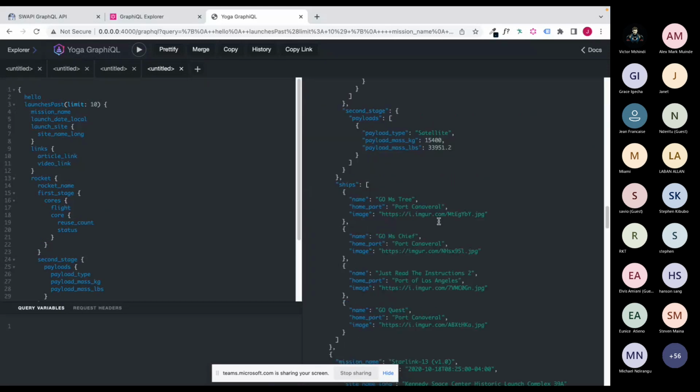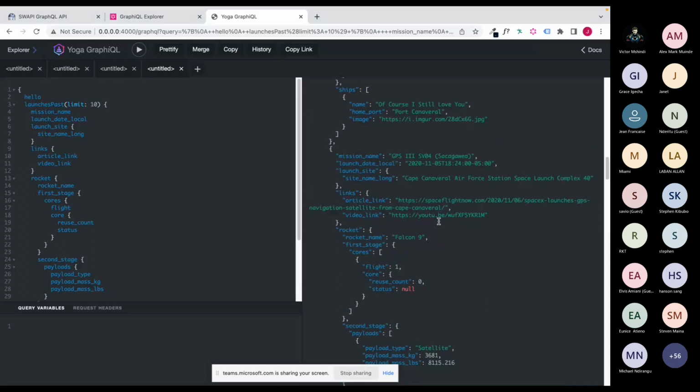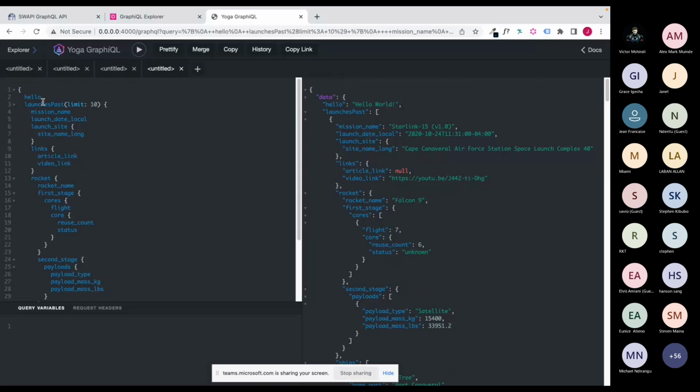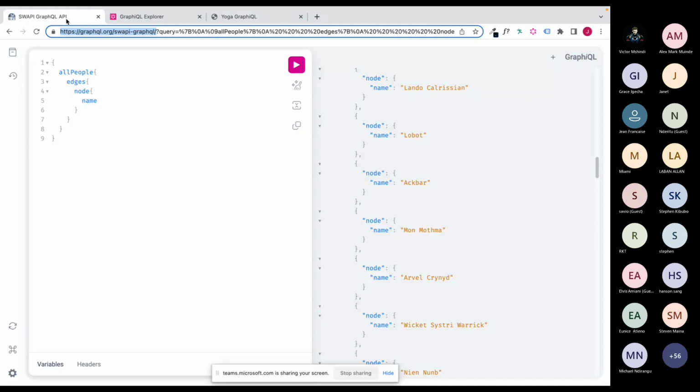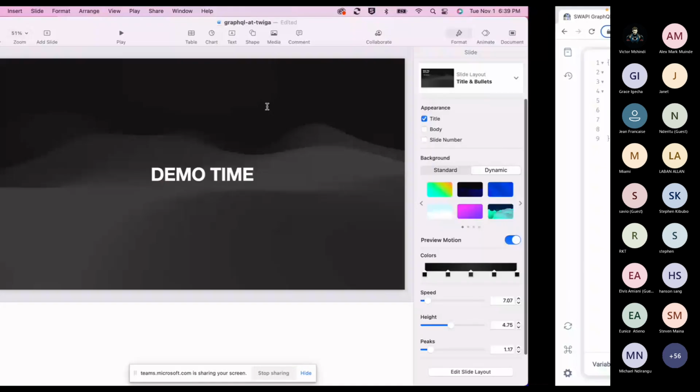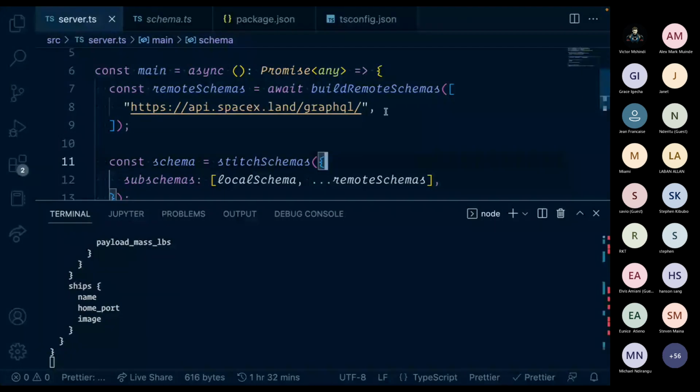We did not implement this functionality. We just merged this stuff. This is something someone else built. So let's go ahead and add this one for Star Wars. I'm just going to add it here.